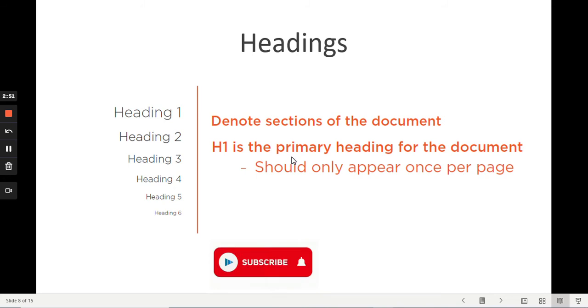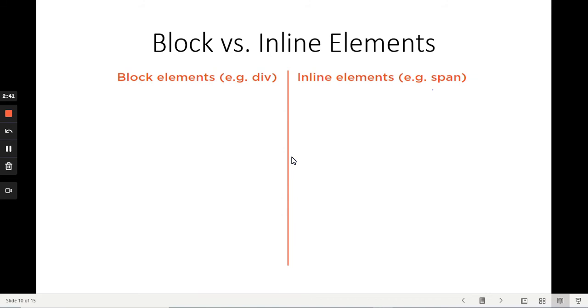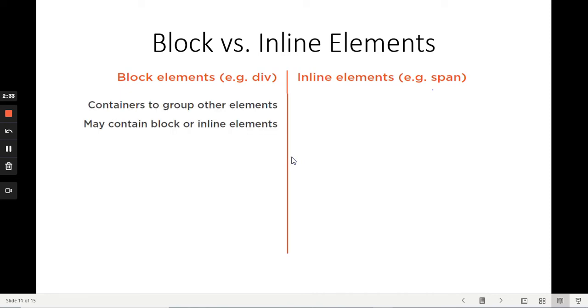Other important concepts when you are adding text or content into your HTML documents is understanding what the browser is going to interpret as a block element or an inline element. And that really refers to how the browser is going to render those items on the page in reference to other items. We have already briefly seen the paragraph element and the div, which are both block level elements.